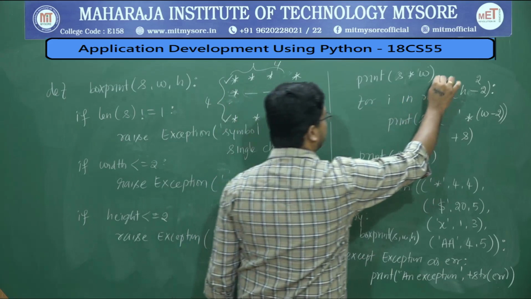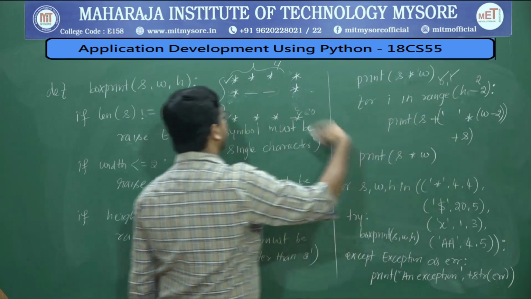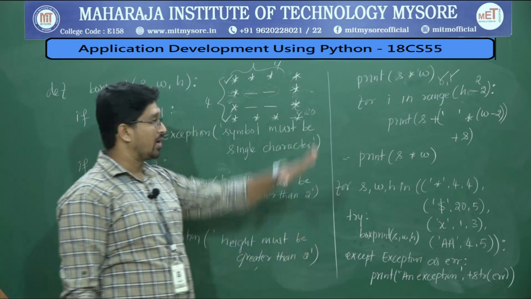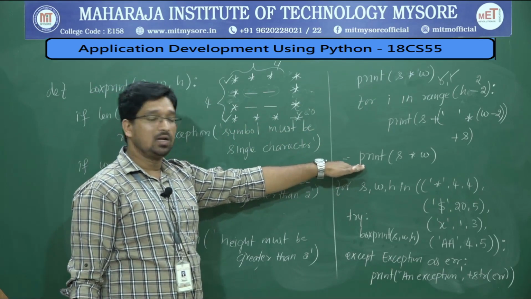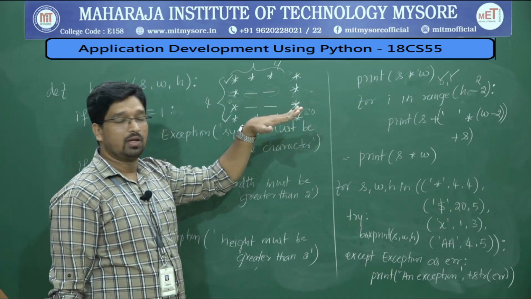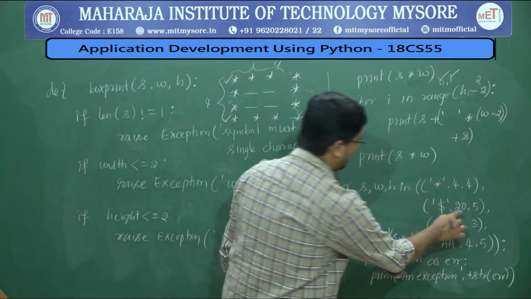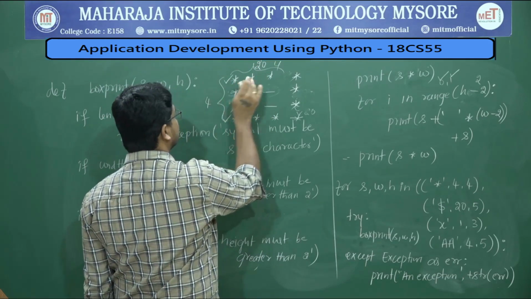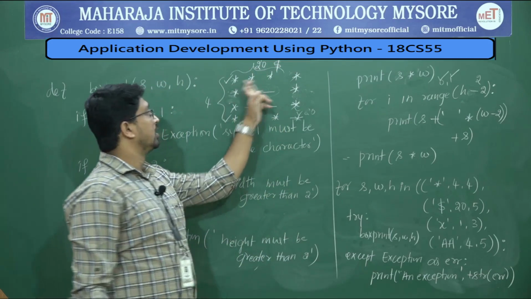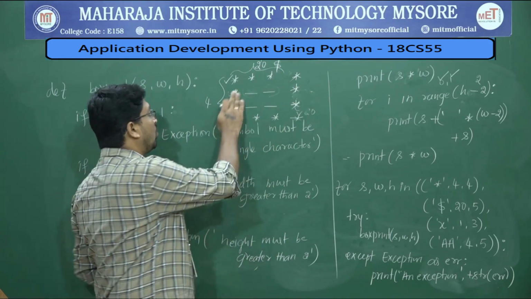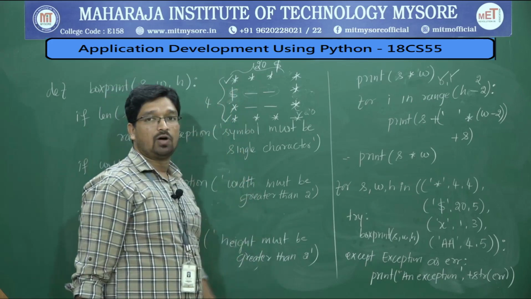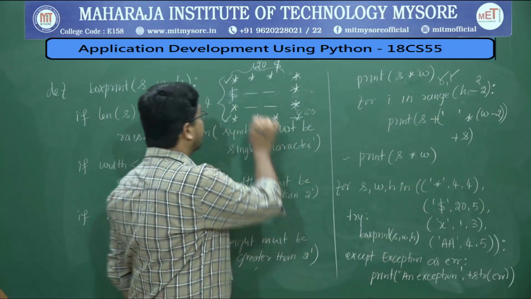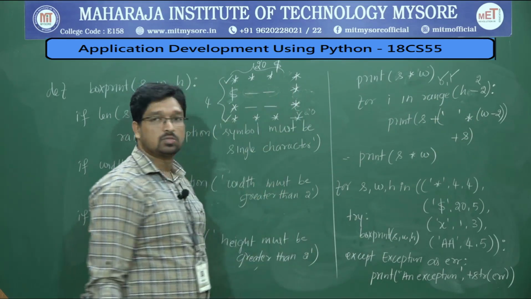Second time, that is, the 0 iteration is over. Again the first iteration, again print the symbol, 2 spaces, again print the symbol. Then the for loop ends, and finally the final row gets printed. When I say 20 comma 5, how does it work? First it will print 20 times dollars, then 1 time dollar followed by how many spaces? 20 minus 2. 20 minus 2 means in between there are 18 spaces.